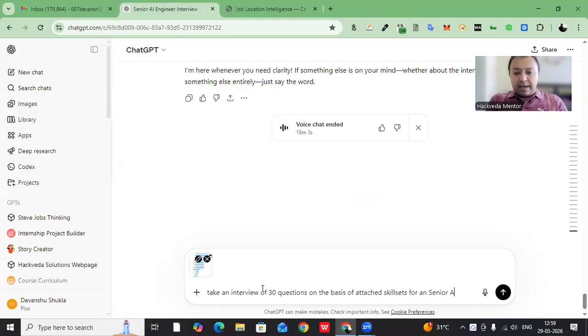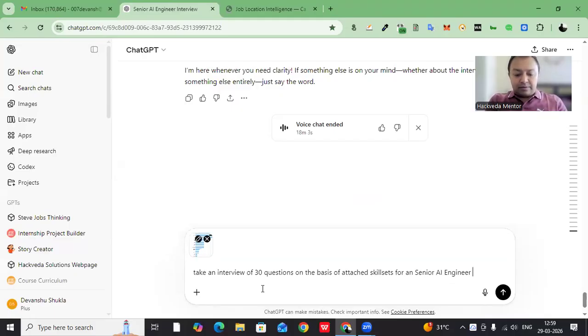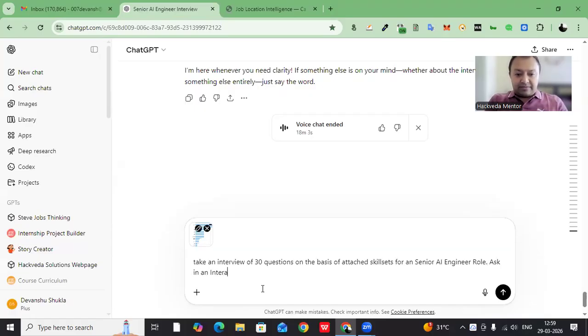senior AI engineer role. So this is what we are going to do, and it is going to ask questions one by one, in an interactive, one by one manner.